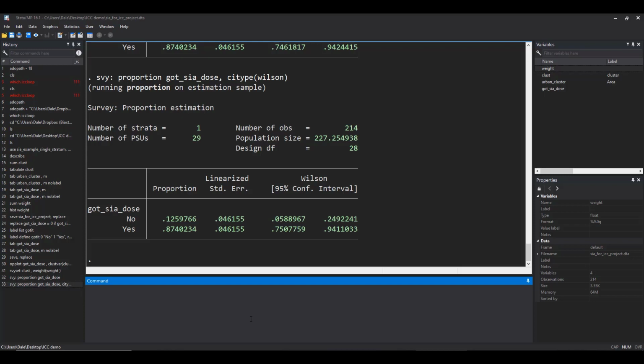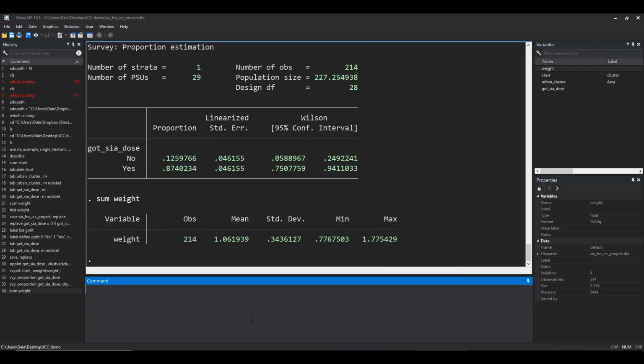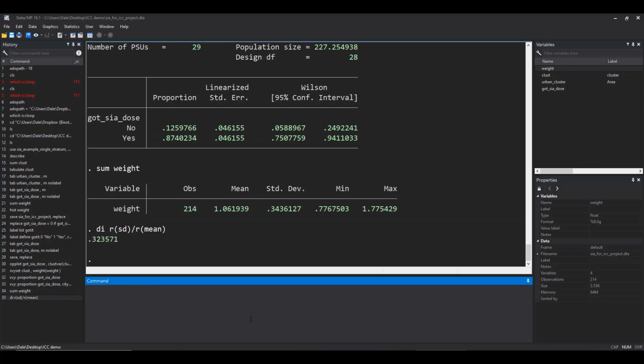And let's just look at that weight variable again. If we summarize the weight, we can look and see what is the coefficient of variation. It is the standard deviation divided by the mean, 3.2. So if we look at that, we can look at how much does the variability in the weights